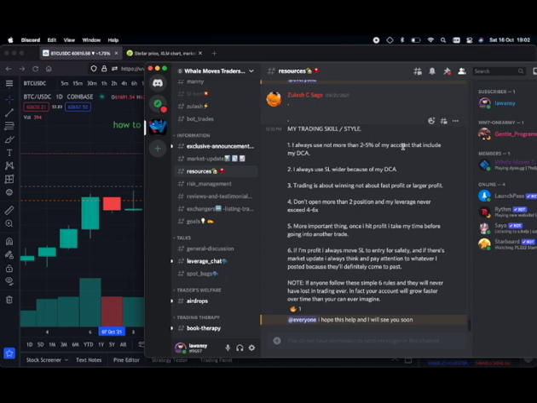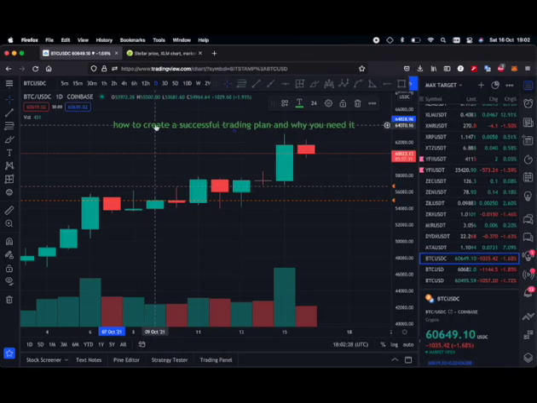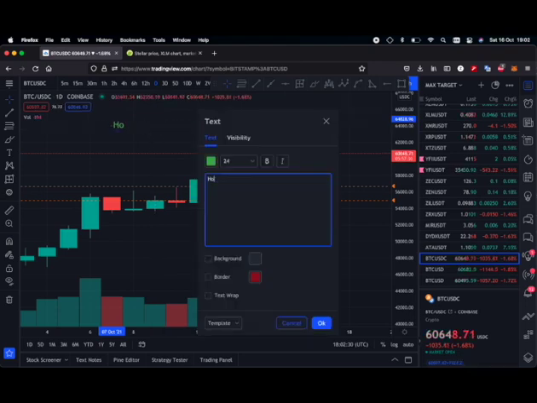If you're opening a single position, then you can use up to 10% of your account. It's acceptable. 5% is always the best case if you ask me. So we just proceed. You have more idea about how to create your own trading plan right now. So the next thing we're going to talk about is how to control your greed and fear.